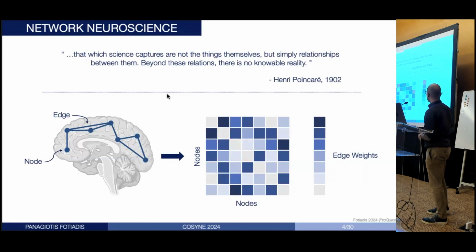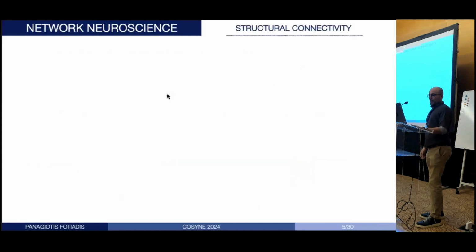connectivity matrix where essentially each row and each column correspond to the different brain regions, and each entry in that matrix gives you a number that tells you how strongly connected those brain regions are. Getting a little bit more down to brass tacks, one of the ways that network neuroscientists have been assessing connectivity across brain regions has been via structural connectivity. And this is exactly what it sounds like: identifying anatomical connections between brain regions and seeing how strongly brain regions are connected to each other.